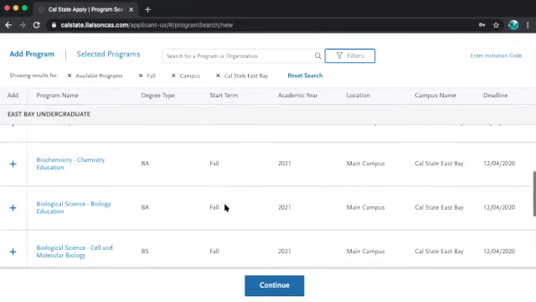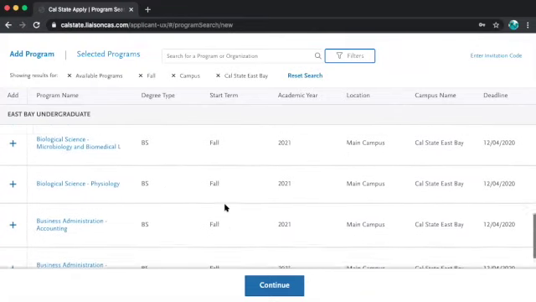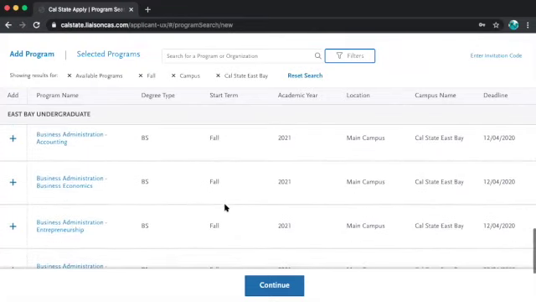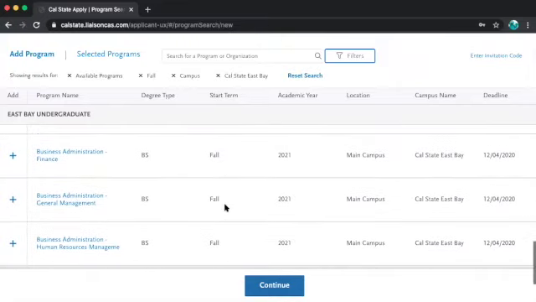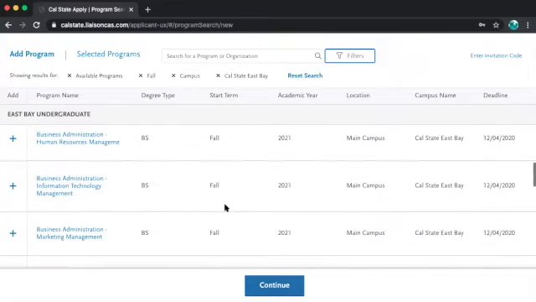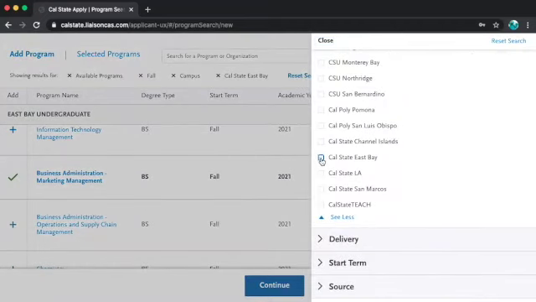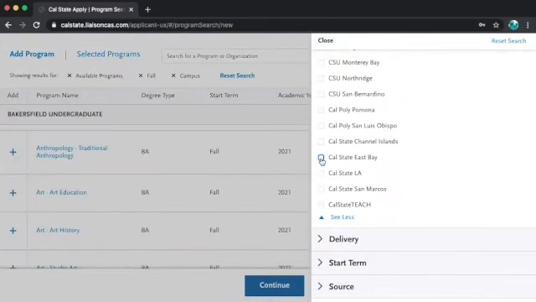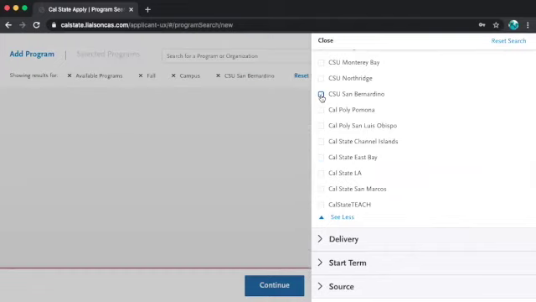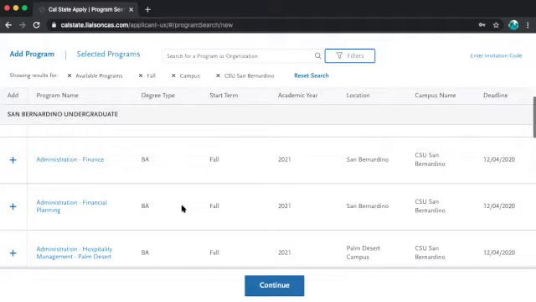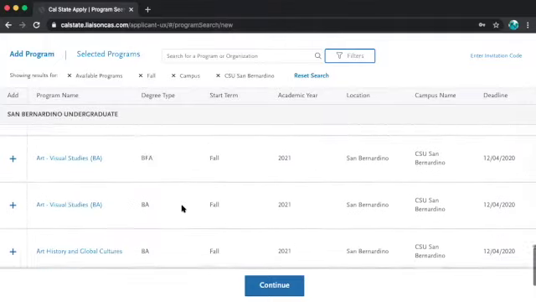You can also do the filters. So accounting, business econ, entrepreneurship, finance, general, human, management, marketing. Great, I'm gonna go back to the filter. I'm gonna uncheck Cal State East Bay. I'm going to click on San Bernardino, close again. Go back to business,